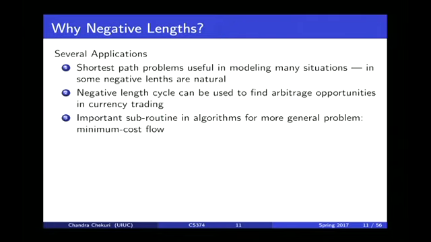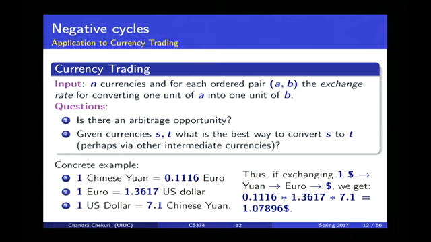Okay. So why negative lengths? Do we care? Are there any applications? None of you asked this question, but a natural question is, most shortest path problems seem to be about positive lengths, so why would you care about negative lengths? That's a valid question. There are many reasons, and due to lack of time, I will let you look at the slides. One is,